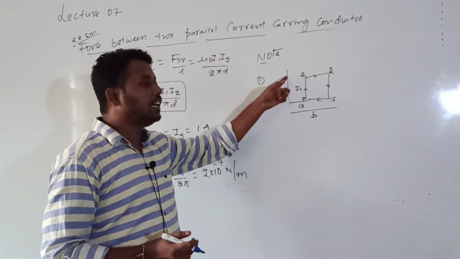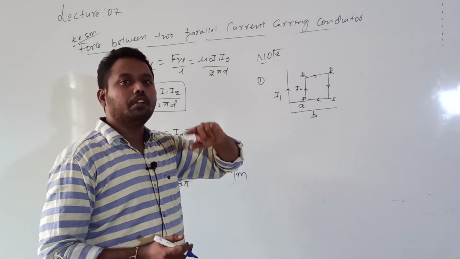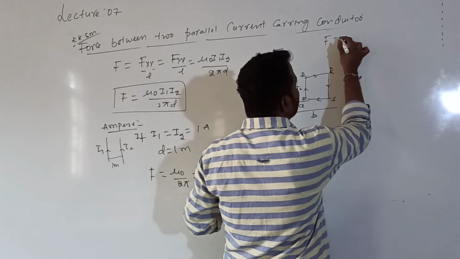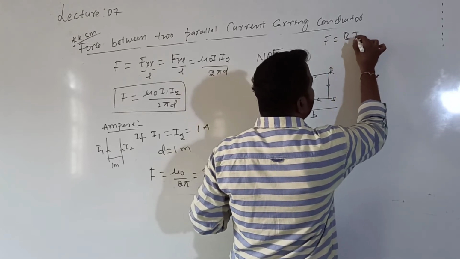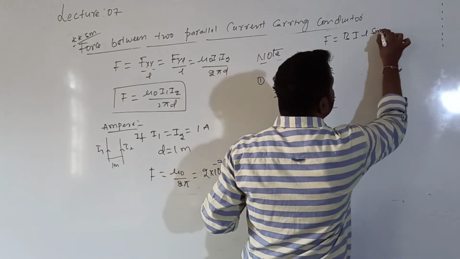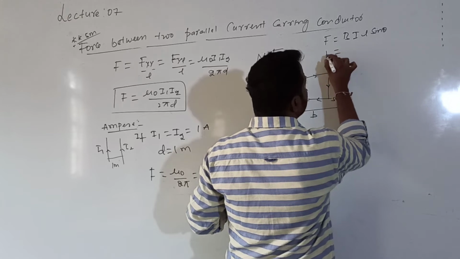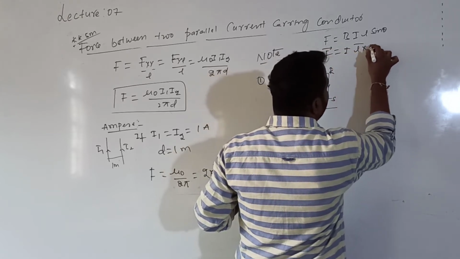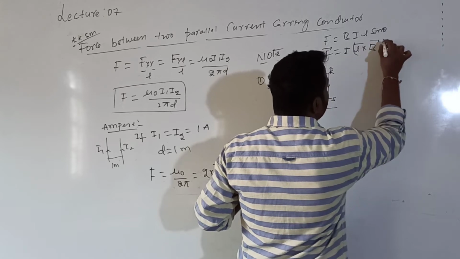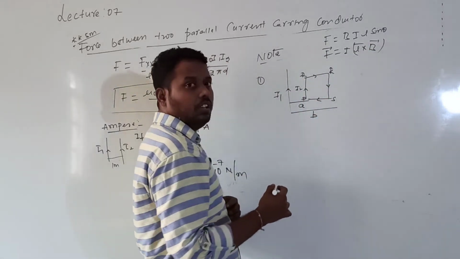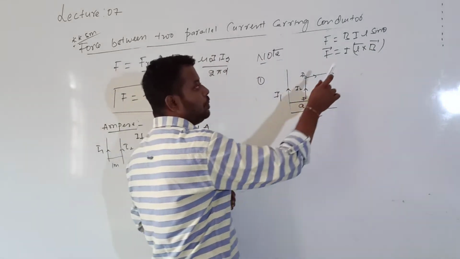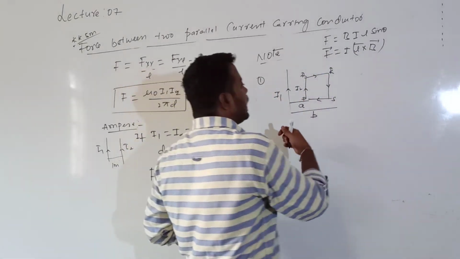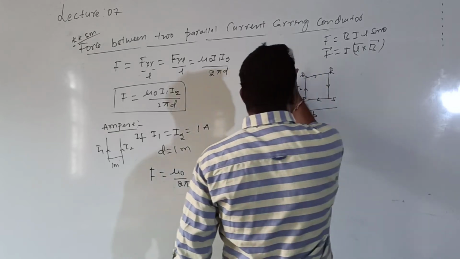The magnetic field due to this current carrying conductor is perpendicular to the plane. So what is the formula for force acting on a current carrying conductor? Can you remember? BIL sin theta, which can also be written as F bar is equal to I into L bar cross B bar. So the direction of F will be along L bar cross B bar. So when I consider the magnetic field due to this current carrying conductor, this will be perpendicular to the plane.